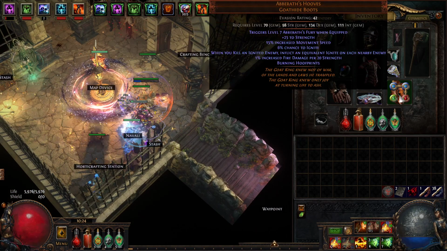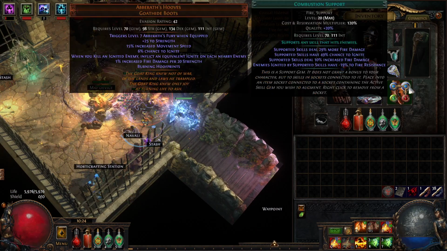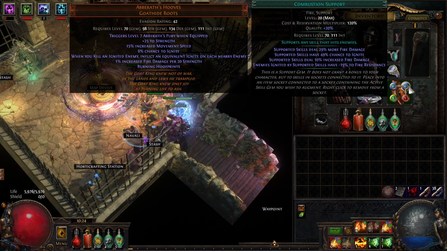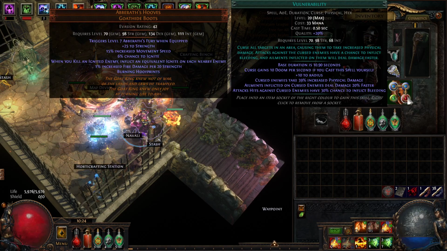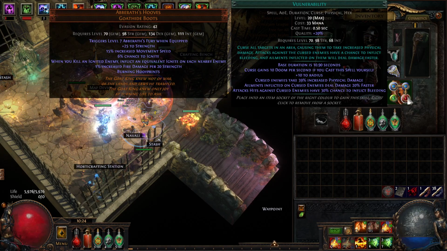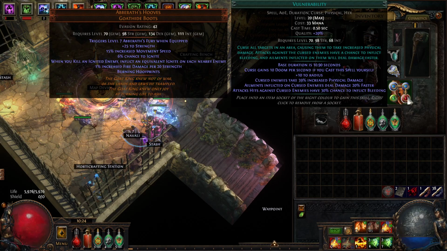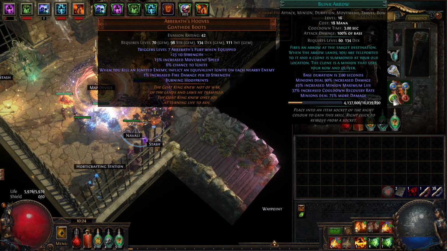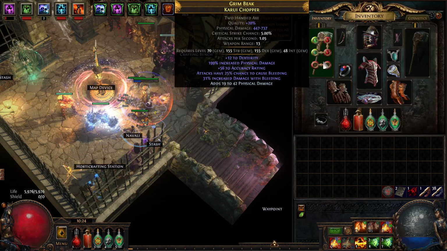Since I have a 100% chance to ignite, when the Aberrant Fury ignites them with the combustion support, it also drops their fire resistance by -19. And it also applies a vulnerability curse, which makes the ailments deal damage faster, and it also increases bleed chance, which isn't that important. I also have Blink Arrow here just for my weapon swap, since I didn't want to